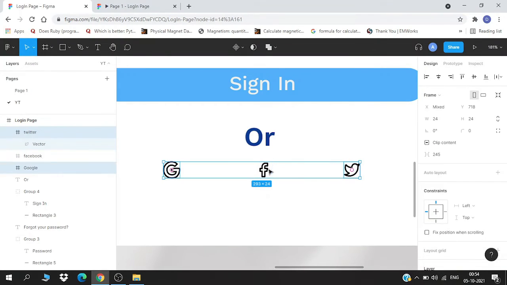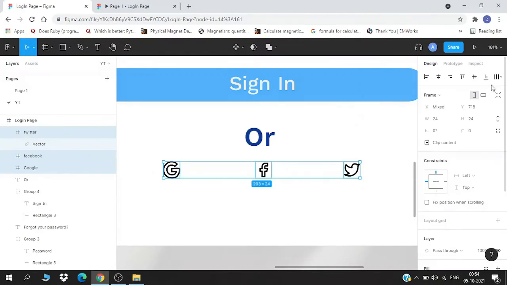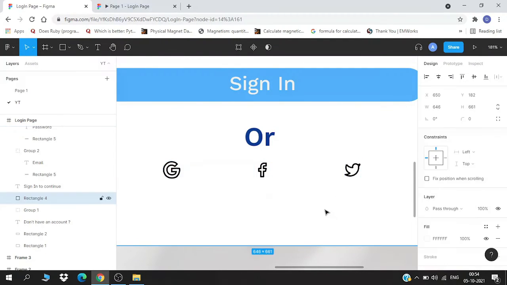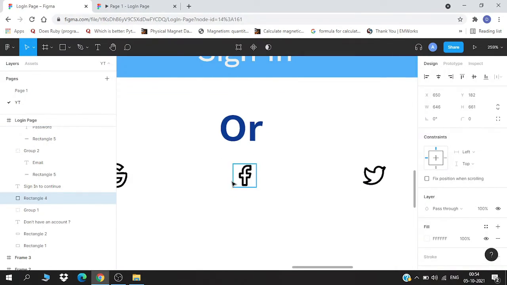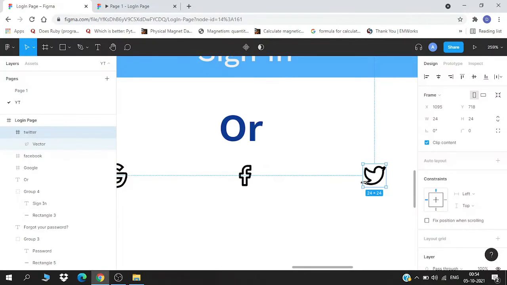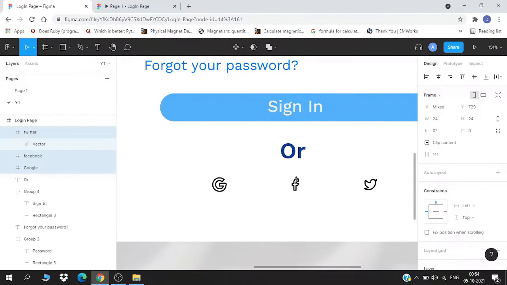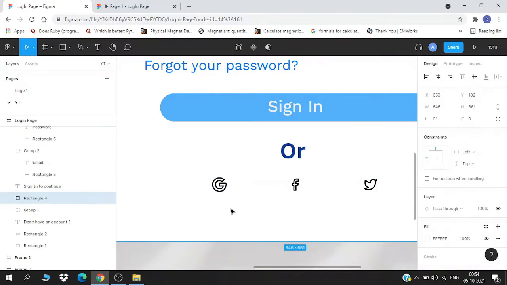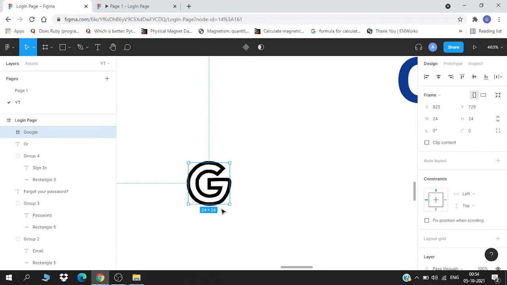Like last time, we can tidy them up to give even spacing, and we can increase their size a bit to make them clearly visible. What happened? I'll just shift it a bit, and for this one, as I have created it, I have to increase its size.